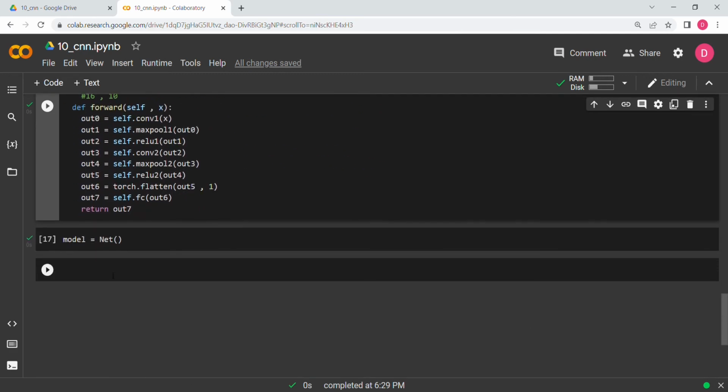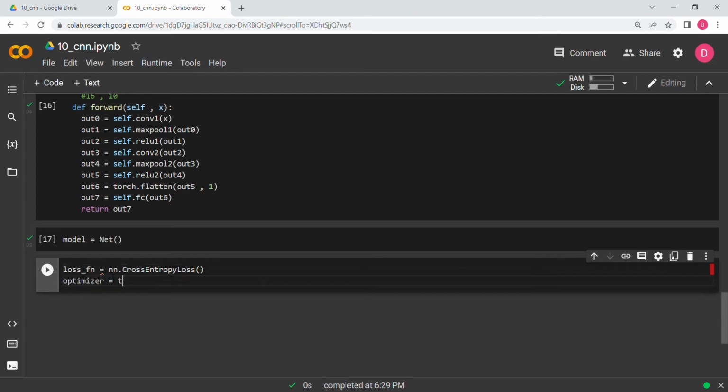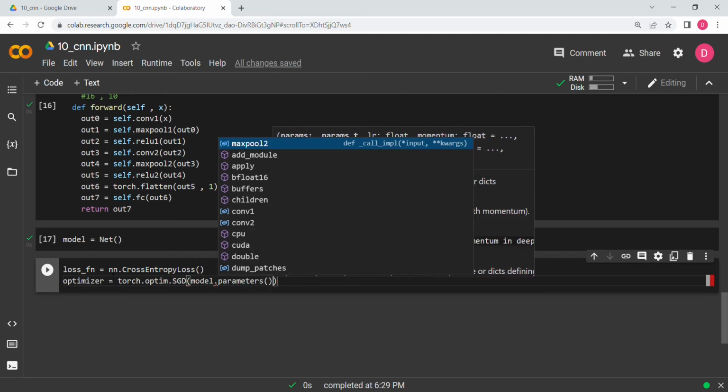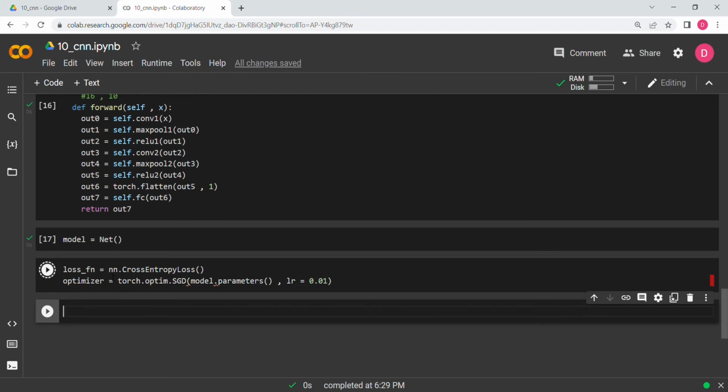Okay, now we need to define the loss function. We'll say loss function equal to nn dot. Now since we are doing multi-class classification, we are saying cross entropy loss. Okay, and then optimizer equal to torch dot optim dot stochastic gradient descent, and then we are going to optimize the model parameters. So model dot parameters, and learning rate is equals to 0.01. Now we are going to run this particular cell,